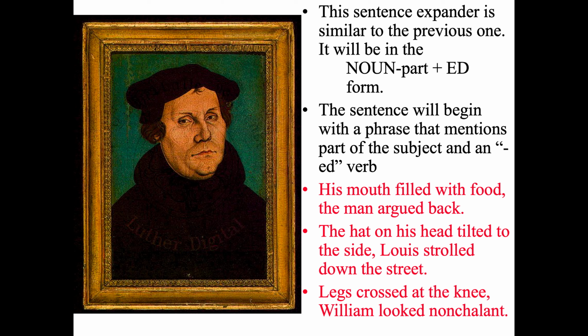Okay, now let's look at sentence structure number 8. Make sure you label this clearly in your notes. Okay, so look at this guy and write a boring sentence about him. Well, this guy is Martin Luther, and Martin Luther was a monk, and he lived during the 1500s. And at that time, the Catholic Church, which was the only church around, was getting a little off track. They were selling forgiveness of sins and selling pieces of paper that could get you into heaven.